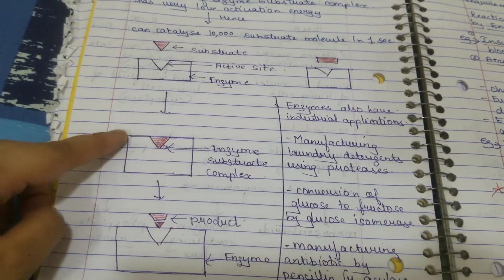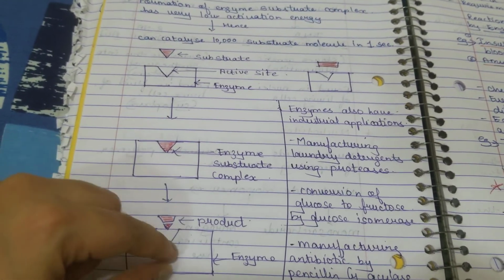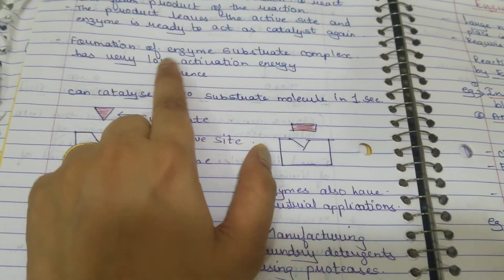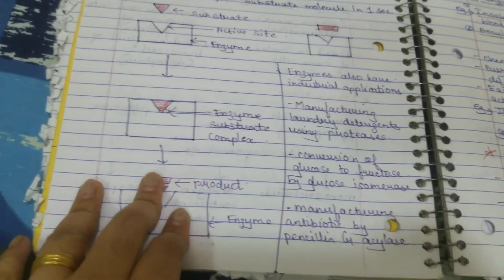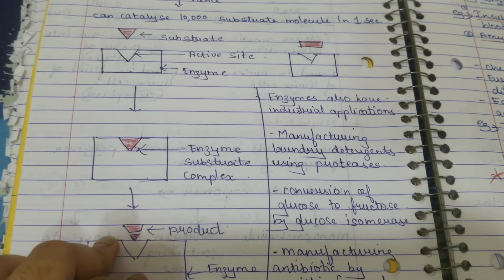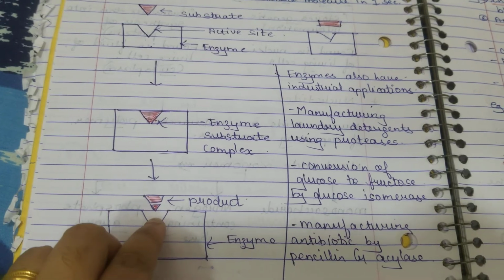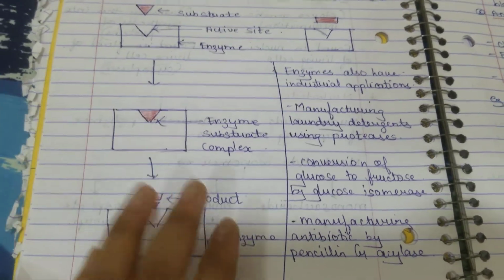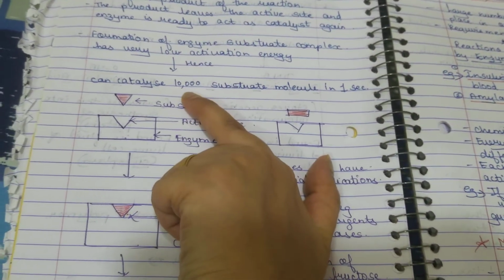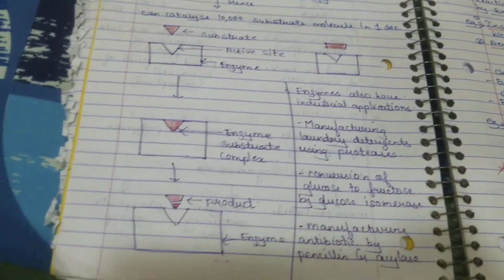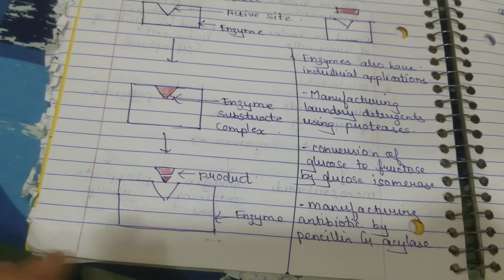Now here the reaction is going to take place and the product is formed. Then the product will be given out. Now what they are saying here, formation of enzyme substrate complex has very low activation energy. Very low activation energy means it does not require more energy to activate itself. That is why as soon as the product is formed, it will immediately leave the active site. And they are saying that in 1 second, an enzyme can catalyze about 10,000 substrates. So imagine how low an amount of energy is required for the product to leave its